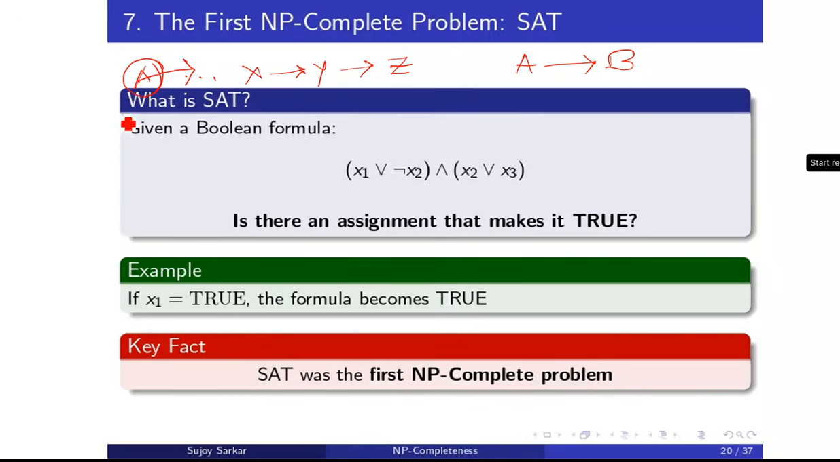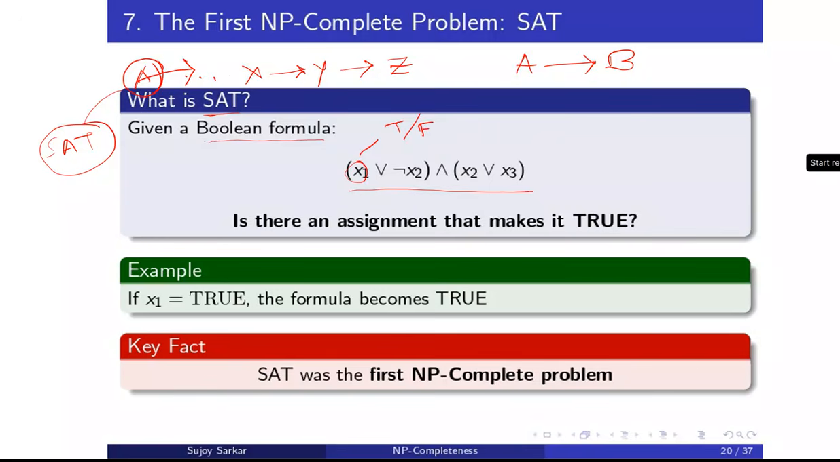So one of the first problems that was proved hard rigorously is the problem of satisfiability. So what is the satisfiability problem? It is the problem of Boolean satisfiability of a formula. That is, if we are given a Boolean formula, where the literals can take Boolean values of true or false,